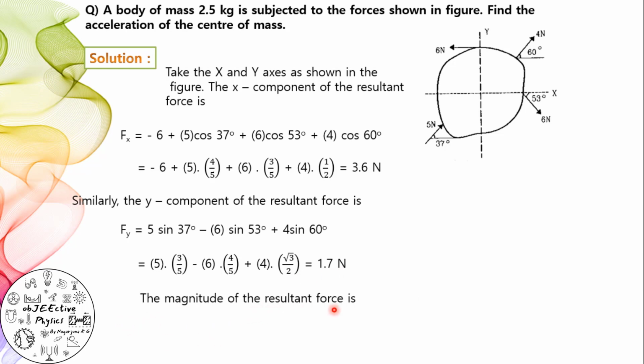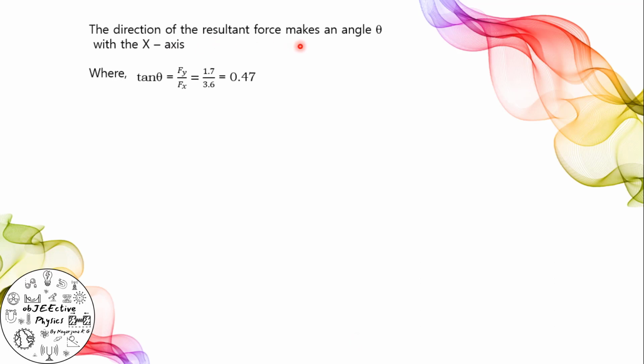Therefore, the magnitude of the resultant force, capital F, is equal to square root of Fx square plus Fy square, that is equal to square root of 3.6 whole square plus 1.7 whole square, that is equal to 4 newtons. The direction of the resultant force makes an angle theta with the x-axis, where tan theta is equal to the y component of the resultant force Fy divided by the x component of the resultant force Fx, that is equal to 1.7 by 3.6, that is equal to